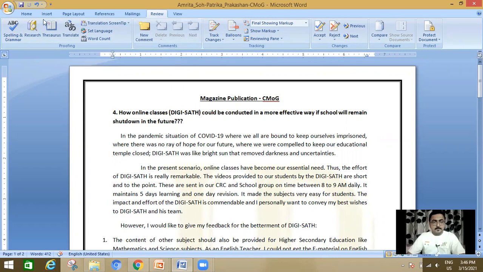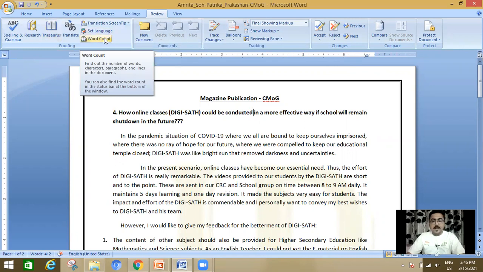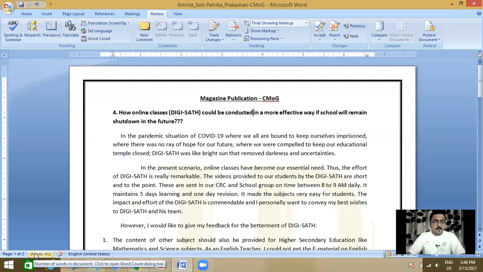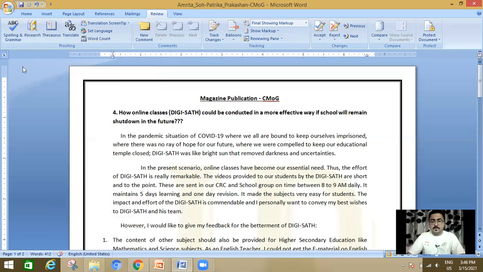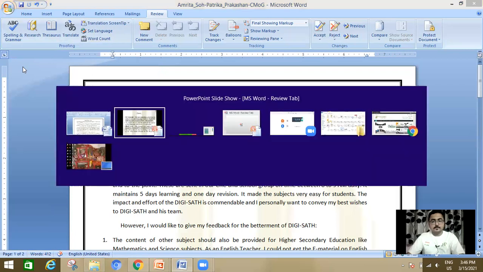Other than this, the set language and word count is also available on the status bar, as I have given notes in my PPT. Here you can see on the left-hand side at the bottom of MS Word, the words and the language in which you want to translate it. Clear? Right now I have discussed these things. So, move on.